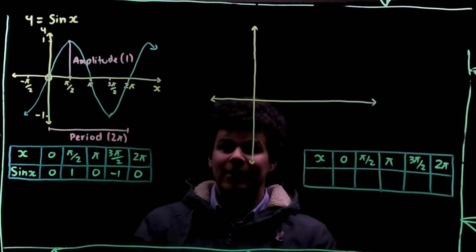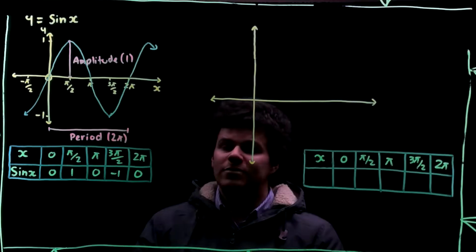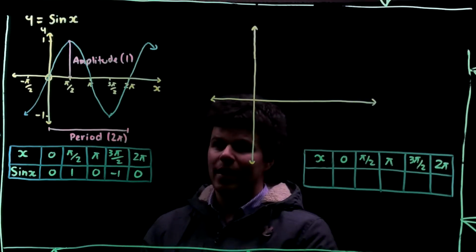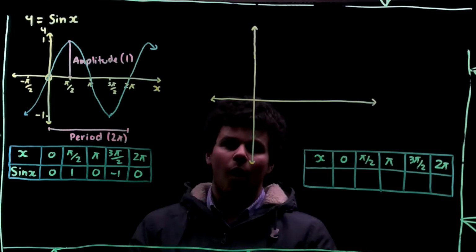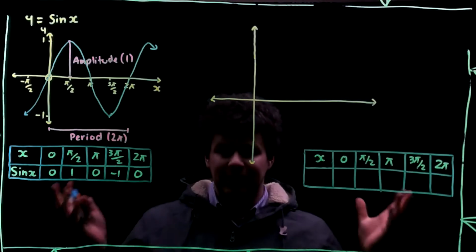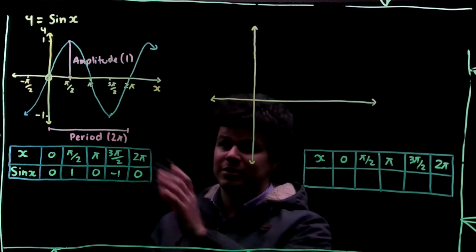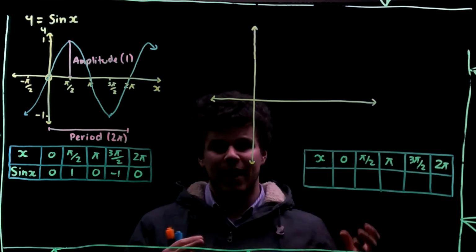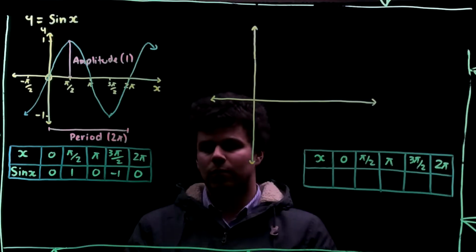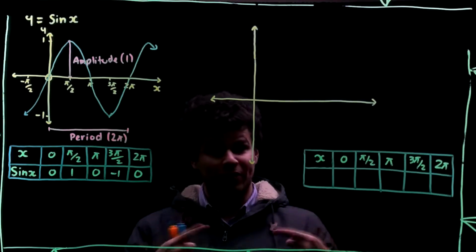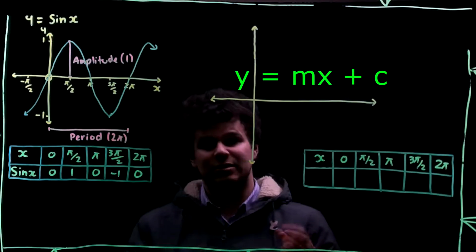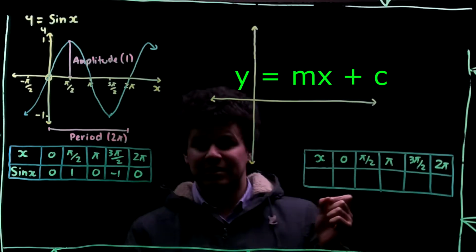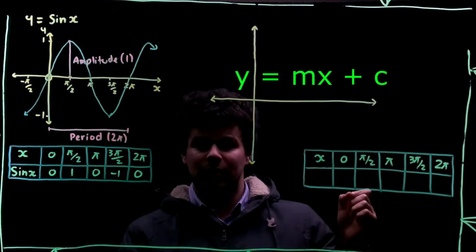But there are other variations. Similarly, we've seen before, for linear functions, we don't just look at y equals x, which is the basic linear function. So this is the basic sine function. The basic linear function is y equals x. The way we cater for all the variations of that is we consider y equals mx plus c, where the m represents the slope of our line and the c represents our